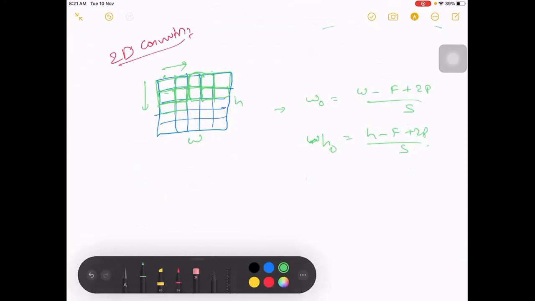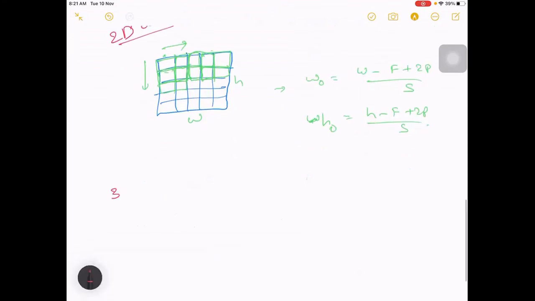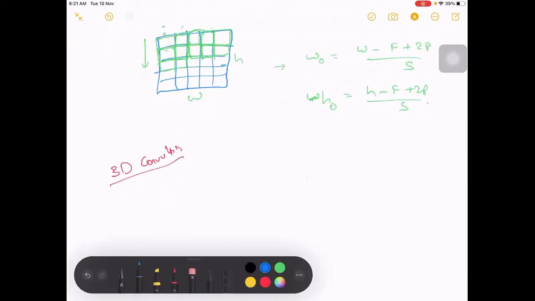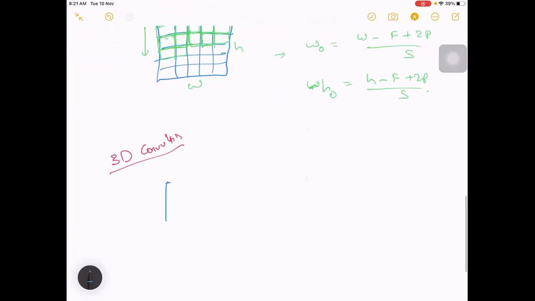So if you extend it further to three-dimensional, actually there will be a 3D input.